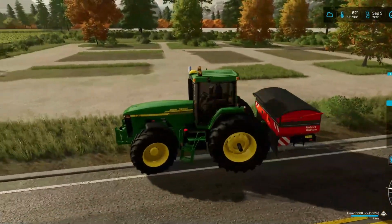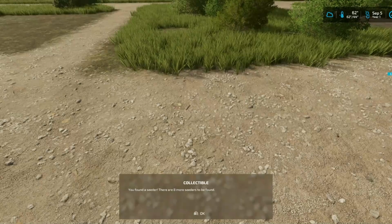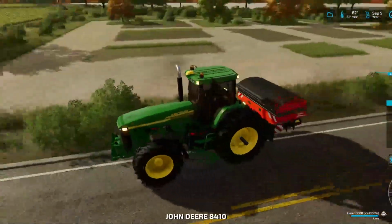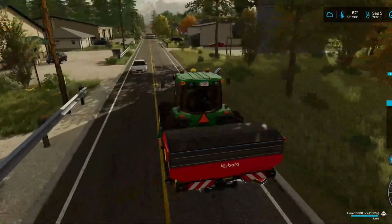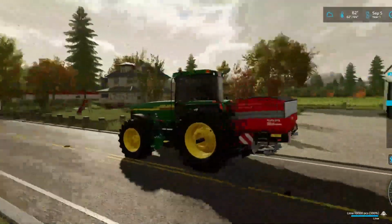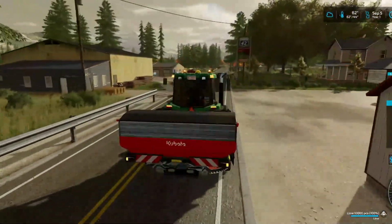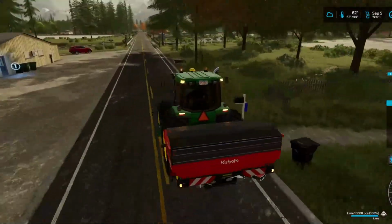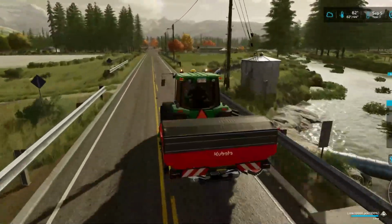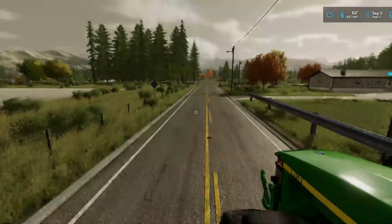And by the way, we're looking at purchasing this area. Ooh, piece of candy over here. Yay! 8 more cedars to be found. But I'm looking at purchasing that spot of land there and start building some greenhouses. So things are rocking and rolling. We've been grinding on the contracts as best as we can. So that's why we've been able to afford all the upgrades and everything like that. Not gonna lie, to be honest, I may have cheated a little bit with some of the contracts, but at the same time,